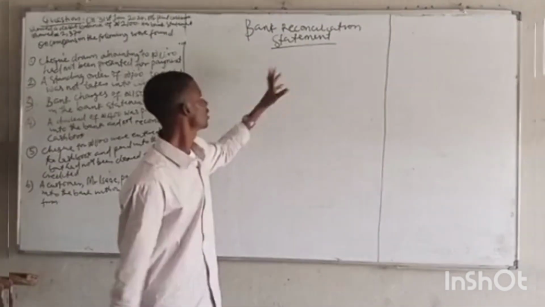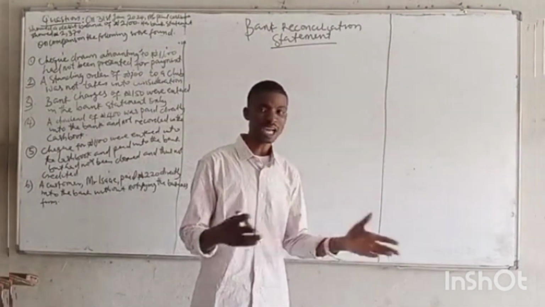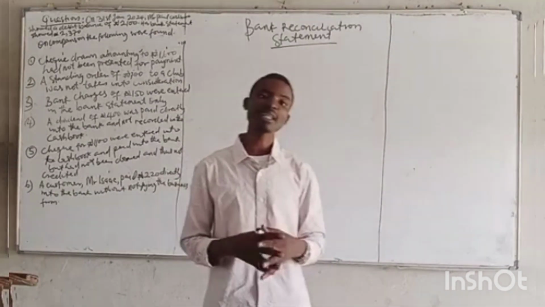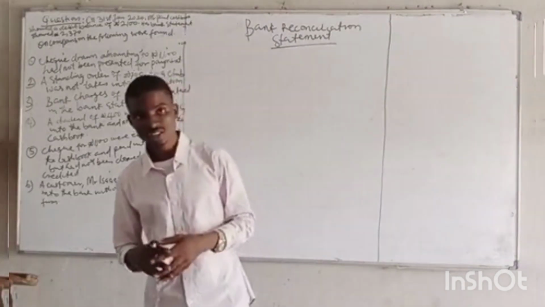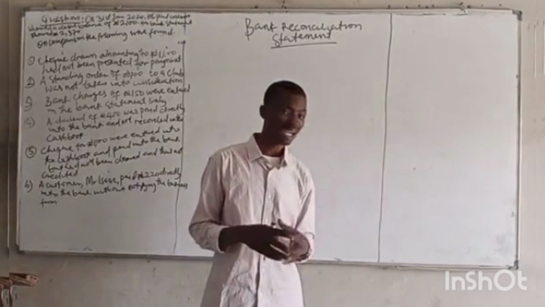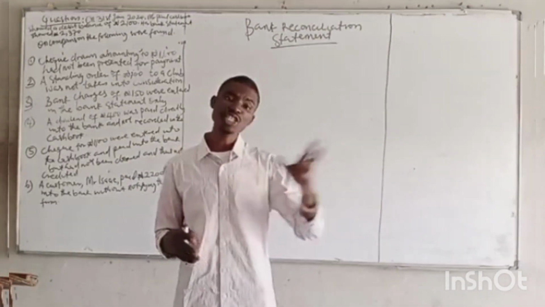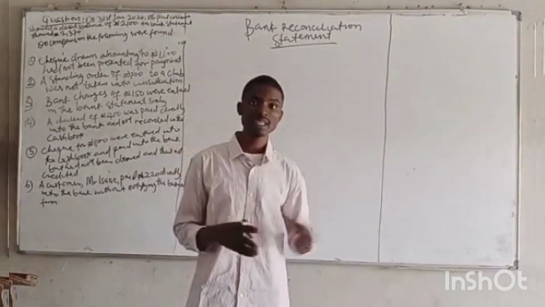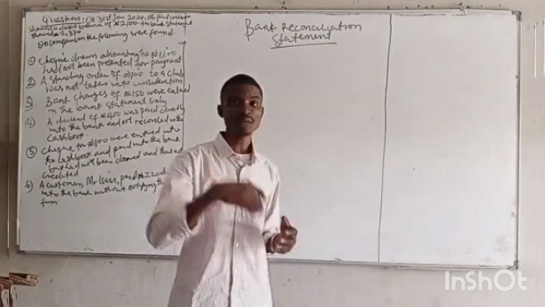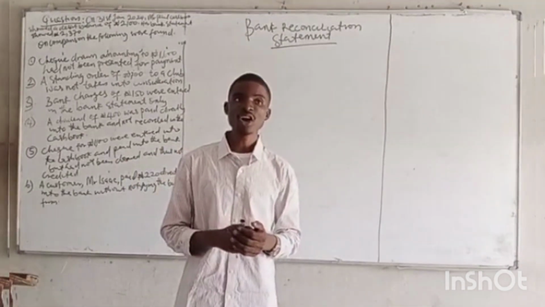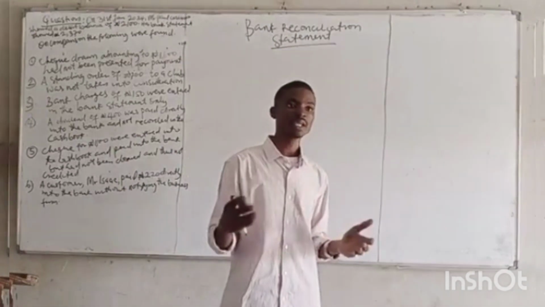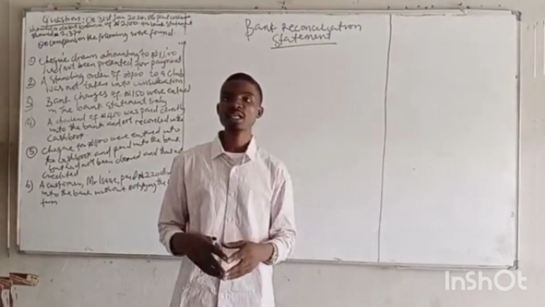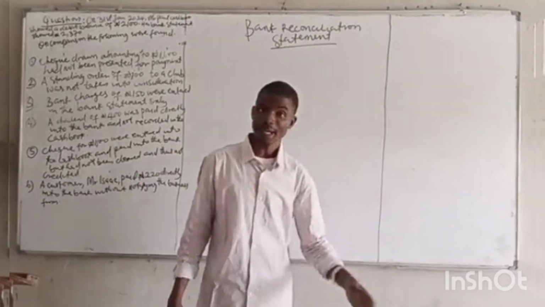So we want to look at the meaning of bank reconciliation statement and how to prepare it. In this our modern time, business organizations usually open current accounts with the bank, and the bank will issue them a passbook and checkbook, with which they will pay money into the bank and also withdraw money from the bank. And so all the transactions between the bank and the business firm will be recorded in their passbook,